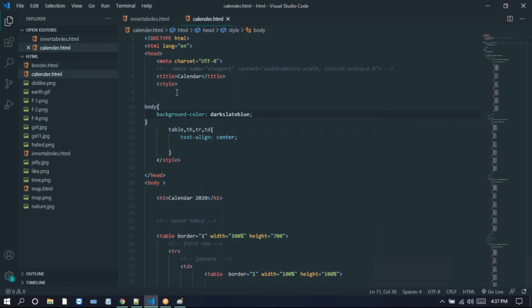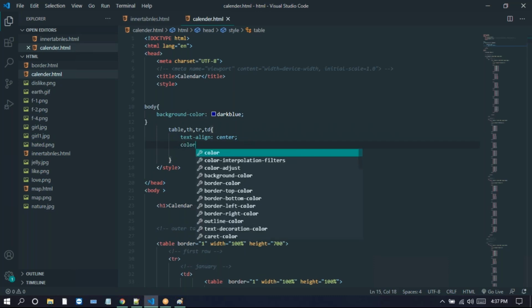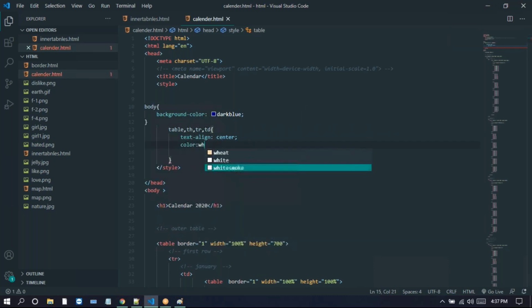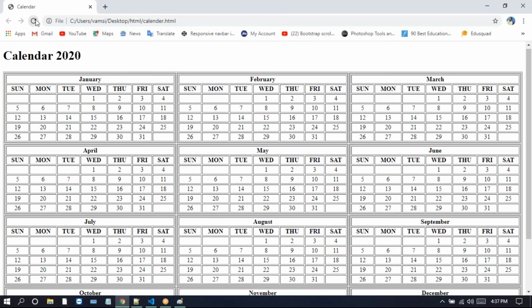Dark slate blue, or else you can take dark blue. Look at this one, they're having the dark blue. Then I'm writing color for text, white here. Now we can refresh this one on the browser.